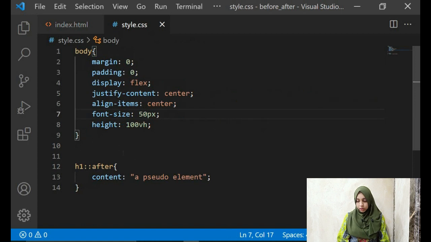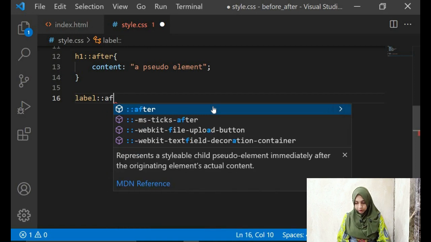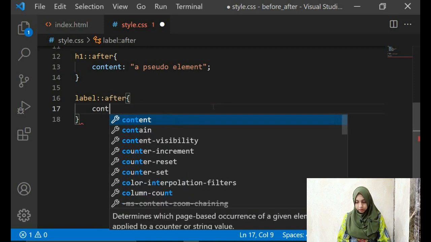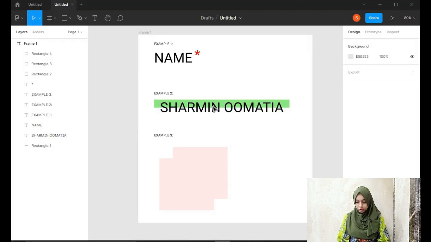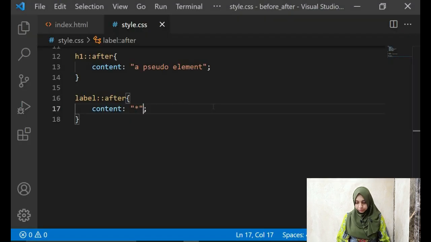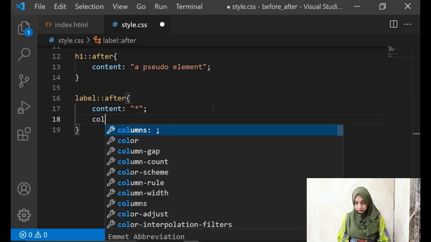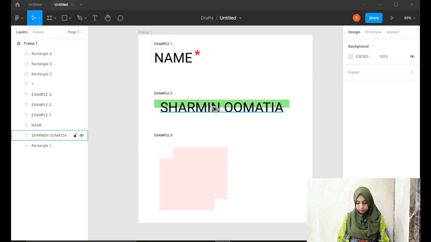So we can use that label element here, and we can add an after to that, and inside of the content, in place of adding some text, we can add an asterisk. When you refresh, can you see you get it over there? And from here you can also give it a color of, for example, red.